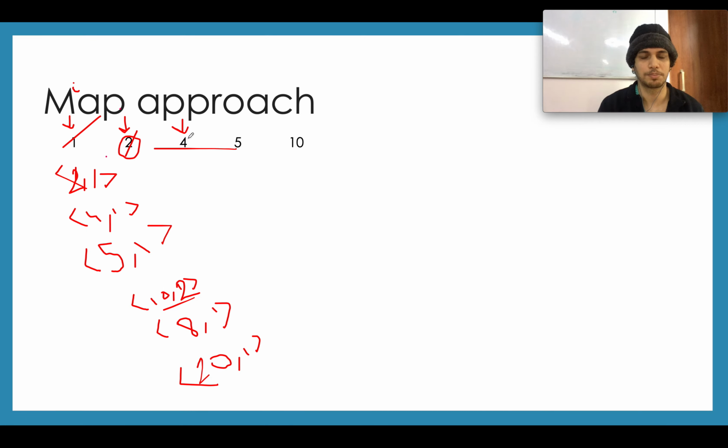Then we start from this position. 4 into 5 is 20, 20 gets incremented, and 4 into 10 is 40, so 40 gets a new entry in the map, and this loop is done. Then we have 5 and 10, which is 50, we are done with this. So 50 comma 1,